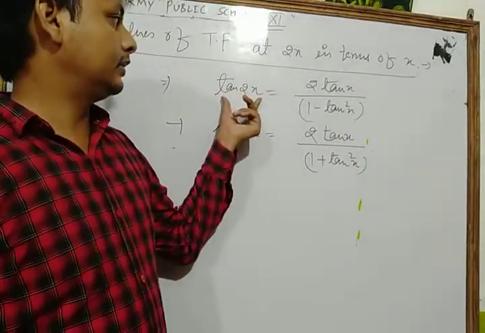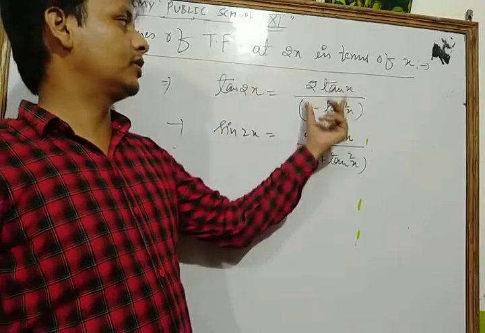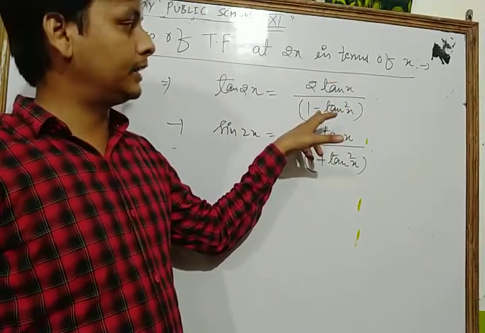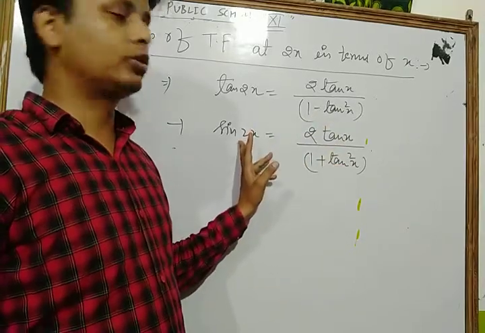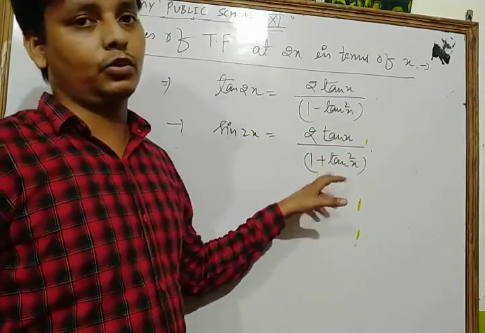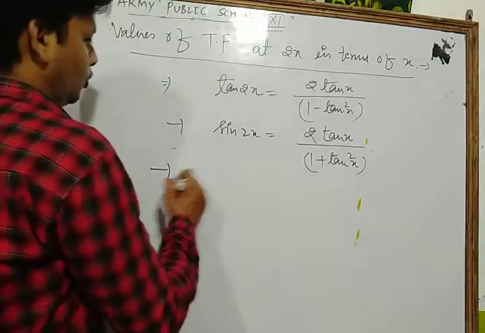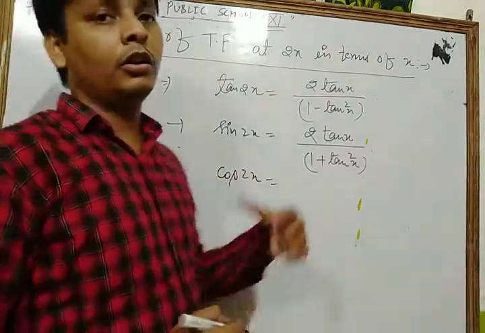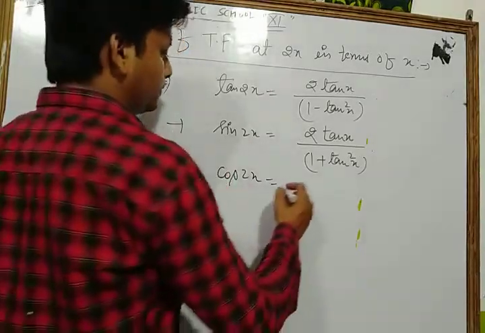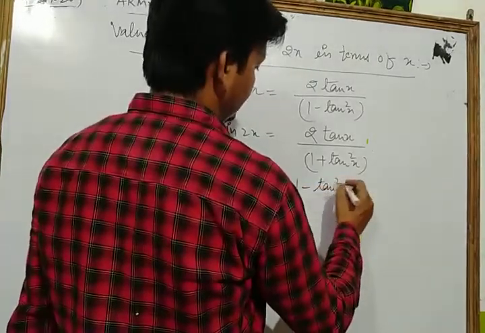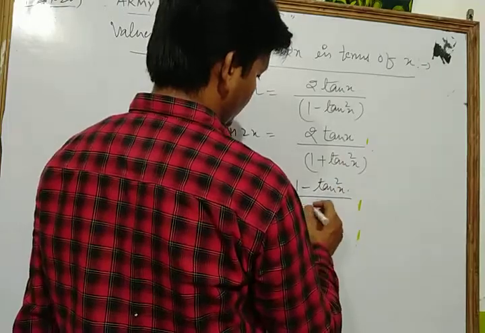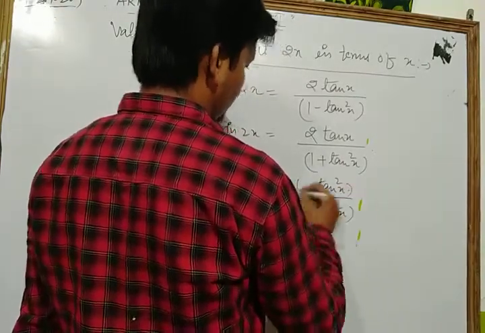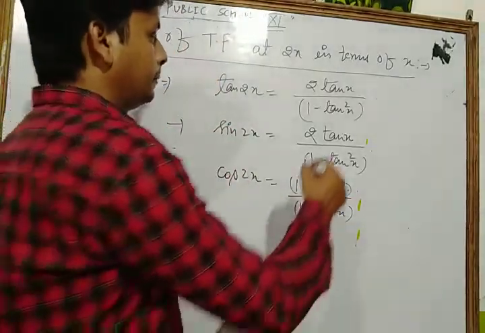And here the formula of tan 2x is 2 tan x upon 1 minus tan square x. In tan 2x there is a minus sign, and in sin 2x there is a plus sign. Okay, and another formula for cos 2x in terms of tan x is 1 minus tan square x upon 1 plus tan square x. Okay,